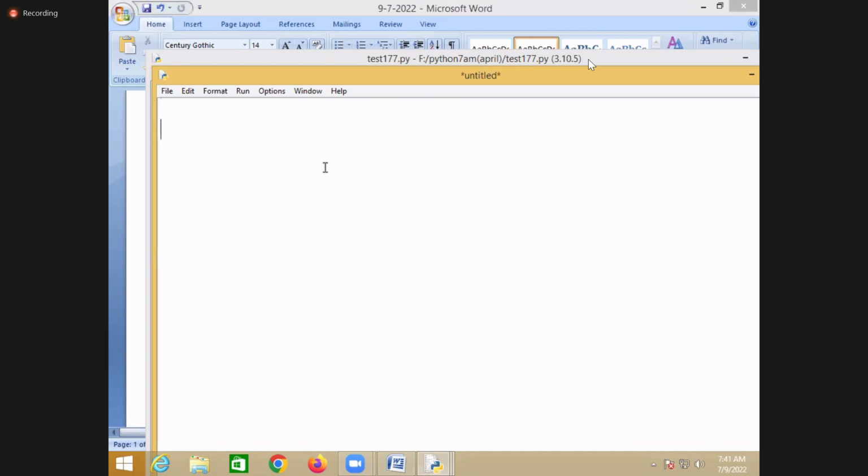Okay, so here, suppose I'm writing a function called factorial. Factorial is a function which receives a number. Suppose if the number is 0, what is the factorial? 1. 0 factorial is 1. Else I have to say return